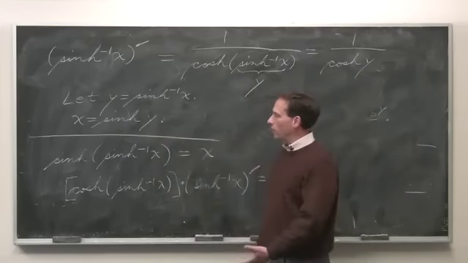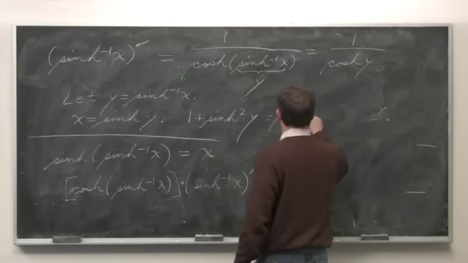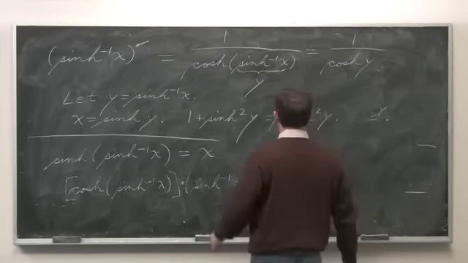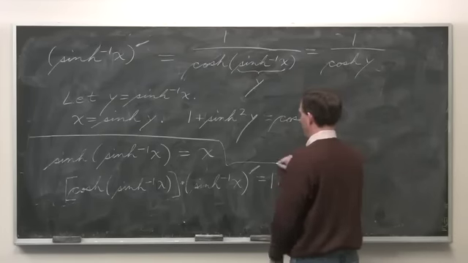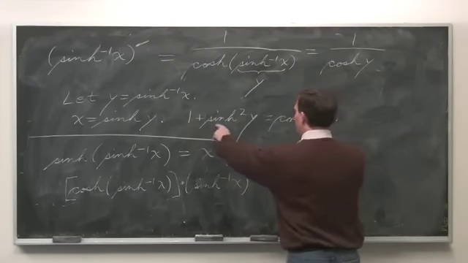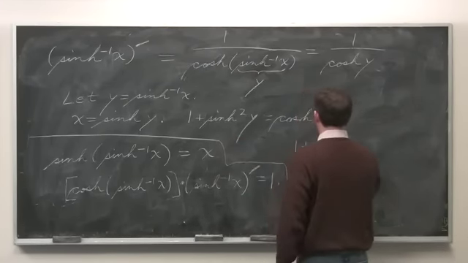And the answer is yes. We use the fundamental hyperbolic trigonometric identity. We know that 1 plus hyperbolic sine squared of y equals the hyperbolic cosine squared of y. So this means that, well, this is 1 plus x squared. 1 plus x squared equals hyperbolic cosine squared of y. And you take square roots of both sides, so you get the square root of 1 plus x squared equals,